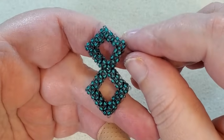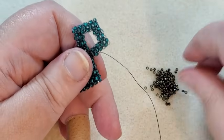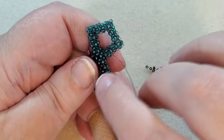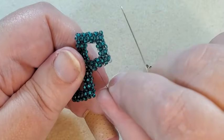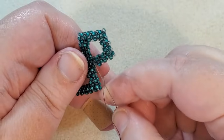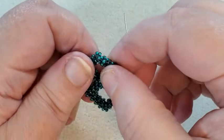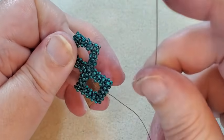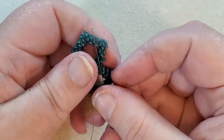Okay, I've got my real earring that I'm making here now, and I'm going to put my brown beads all around the insides and around the outsides. So I'm coming out of, let's see, I'm coming out of this bead here, and I like to do the insides first. It just seems easier to me. So I'm going to go up into this bead,